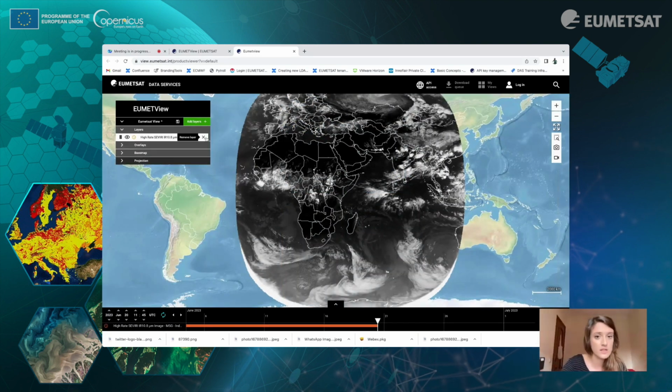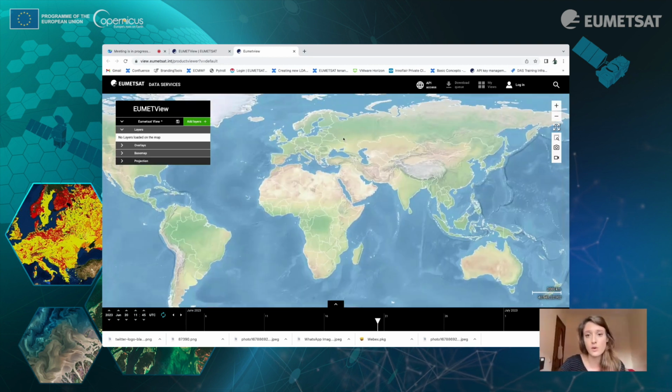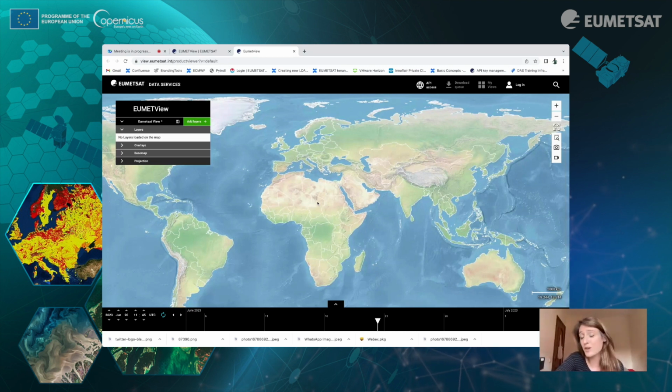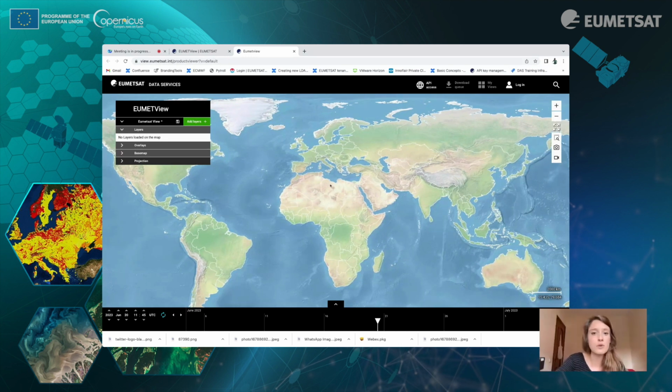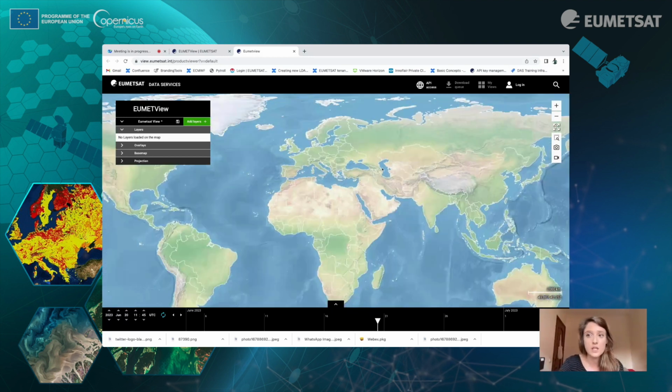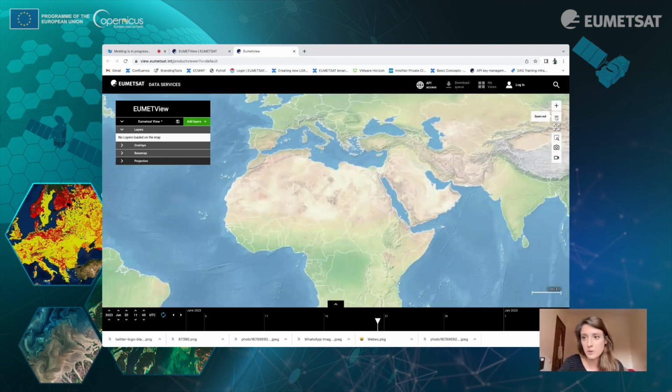I will take off the layers for the moment, just so I can show you the base map. So here the concept works exactly like Google Earth. Okay, so you can show what we were seeing before. It works also on EUMETView. We can basically move our map, just zoom in, zoom out. You can do it with your own mouse. You can do it with just simple clicks.